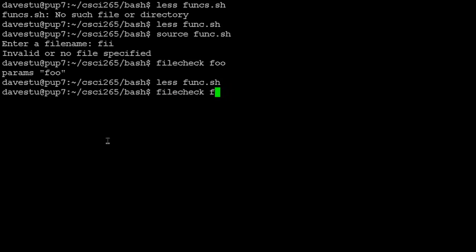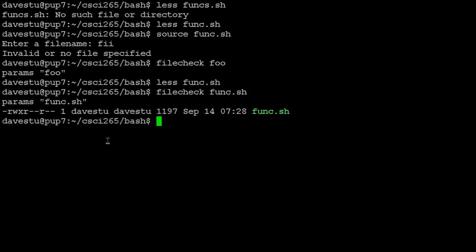Let's run file check and actually give it the name of a file that exists and is readable. And it runs the function, gives us the ls -l output from it. So we can stick functions into a file and use them from the command line anytime we want. Let's go back and take a look at that